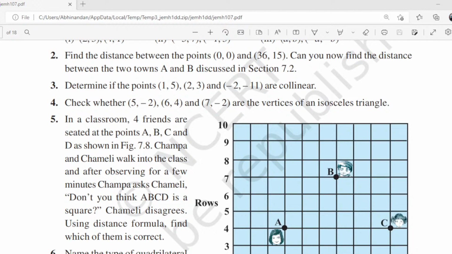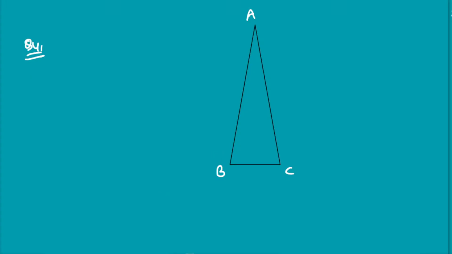Some chotu. Yes, this is like that. And here I will say this is A, this is B and this is C. So the points are given. Okay, it is not showing there. I will just show you. Yeah, लीजिए. I have made this ABC isosceles triangle here. I have to prove whether it is isosceles based on the coordinates of the vertices. So what are the coordinates of the vertices? You see it here. The coordinates of vertices are 5,